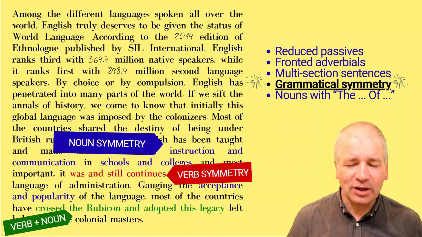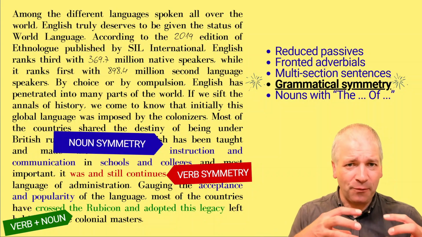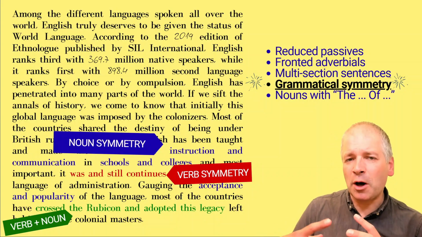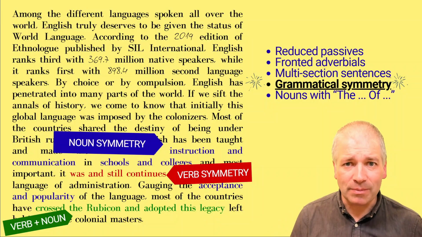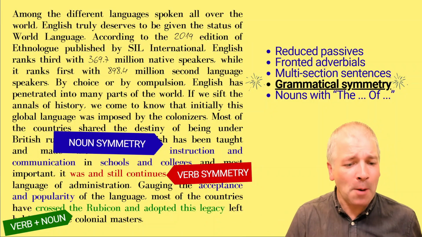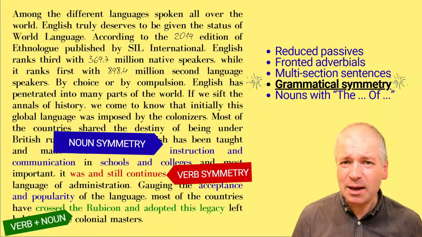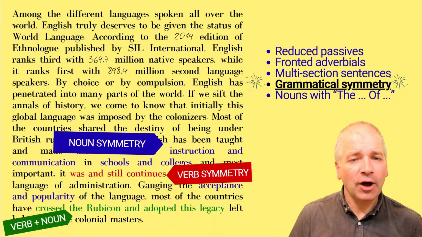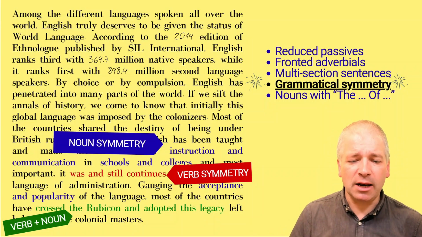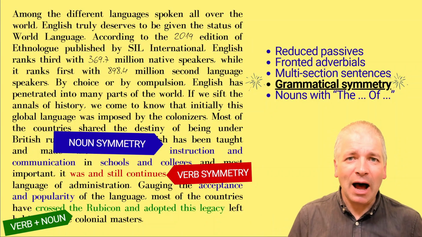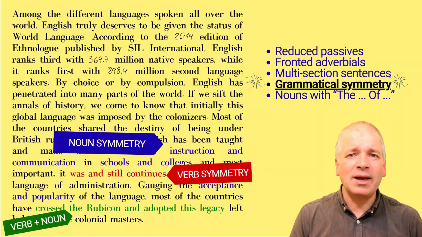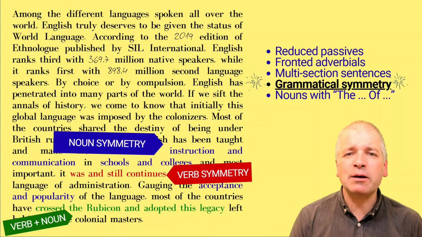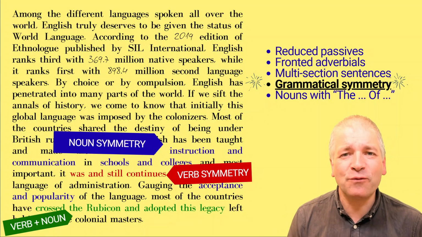Was and still continues. So we have a verb phrase, was, and a verb phrase, still continues. And then in green, we have a verb and a noun repeated, like a mirror. Crossed the Rubicon, verb noun, and adopted this legacy. Again, verb noun. And these elements of symmetry help to develop the text more,